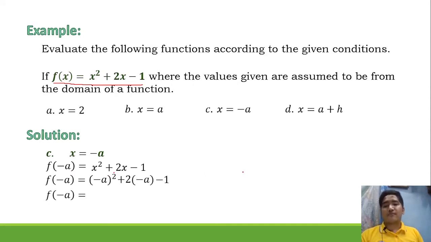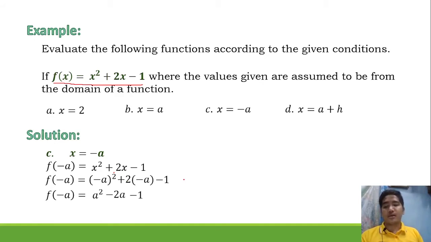Next, f of negative a is equal to negative a squared, that is equal to positive a squared. So, paano po siya naging positive? Because negative a times negative a, that is equal to positive. Nag-multiply tayo ng dalawang negative, so ang magiging answer natin will be positive. Okay? So, we have a squared, then positive 2 multiplied by negative a, that is equal to negative 2a